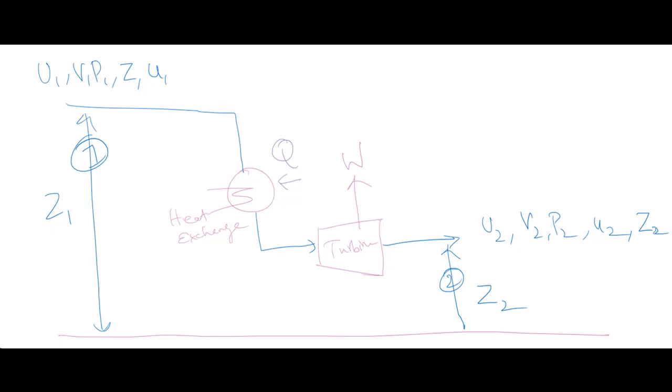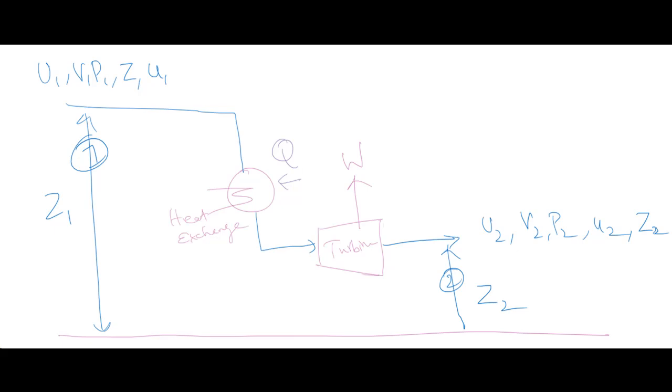So let the internal energy be U1, volume V1, pressure P1, height above the datum level Z1, and velocity u1. Similarly at section 2 we have U2, V2, P2, u2 and Z2, where U is internal energy, followed by volume, pressure, velocity and datum level. Okay, so the total energy of the fluid entering and leaving the system is made up of